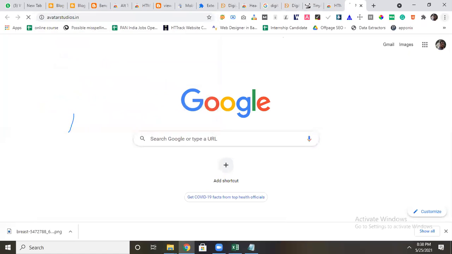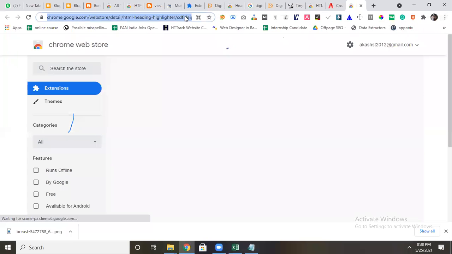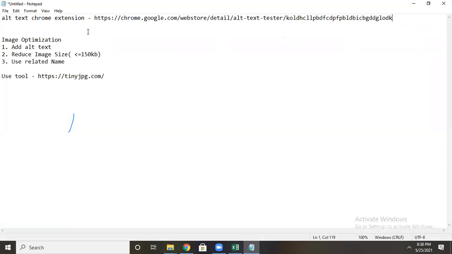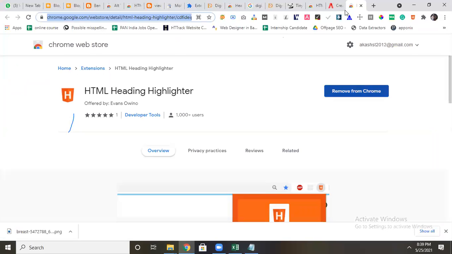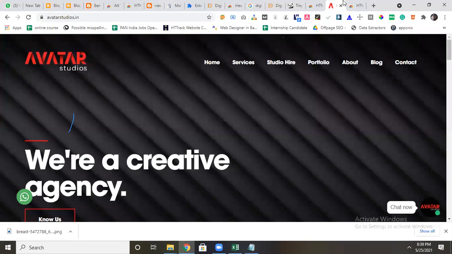Okay, I will share one of the pages with you to check out and tell me which headers they have used. Either you can use this plugin, the header plugin, or you can inspect manually. Okay, this also I will give you. Header extension. That also I will share with you.